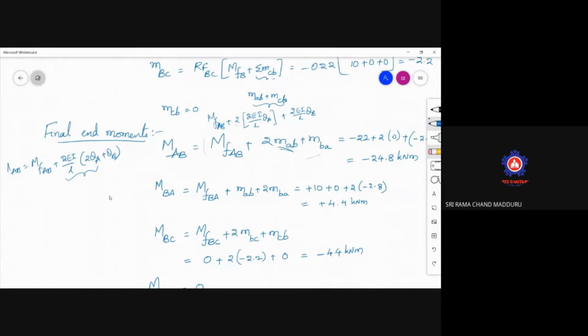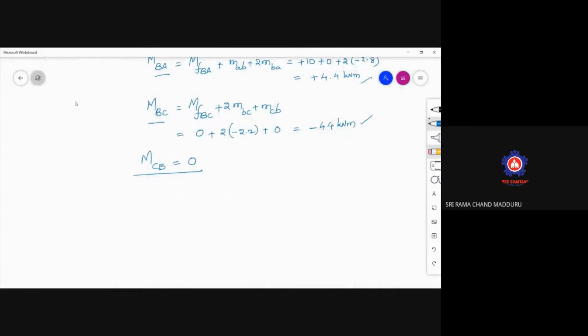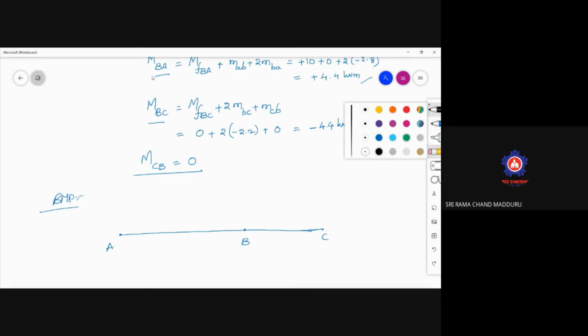You can see that MBA as well as MBC are balanced. Now we can draw the bending moment diagram for this. So we need to first of all draw the positive bending moment diagram as well as the negative bending moment diagram over the beam. So while drawing the bending moment diagram, this is your support A, support B, and support C. So for support A, the positive bending moment diagram is